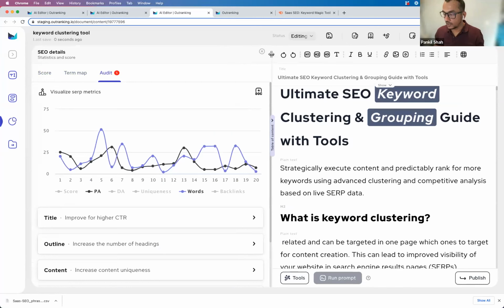In the audit chart, if you have created an audit report, the audit report will also have your page, the score, PA, DA, uniqueness, and backlinks. So it does a comprehensive, thorough examination of all of these factors, even for a content audit page that you've added. And then you can quickly download the brief, the audit brief, and send it to whoever you need to. Okay.